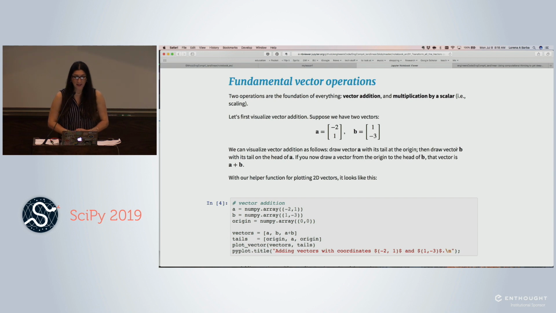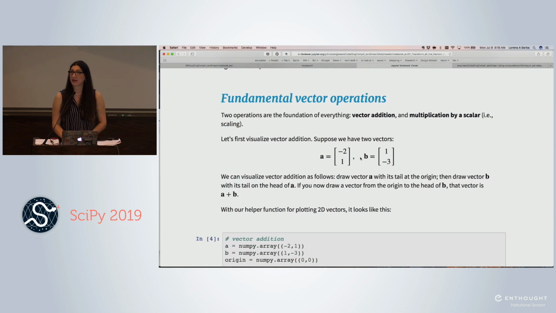Now, what we're going to do is define the fundamental vector operations, and these are two fundamental vector operations, the idea of addition and multiplication by a scalar, or scaling. And so let's visualize vector addition by defining two vectors. So here we have the